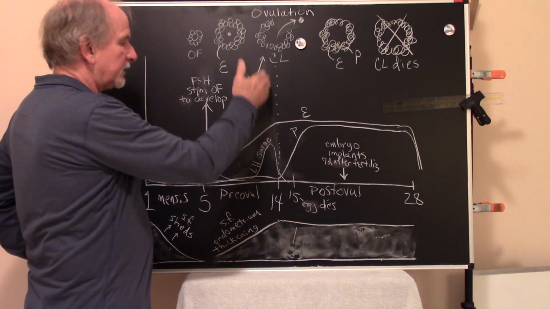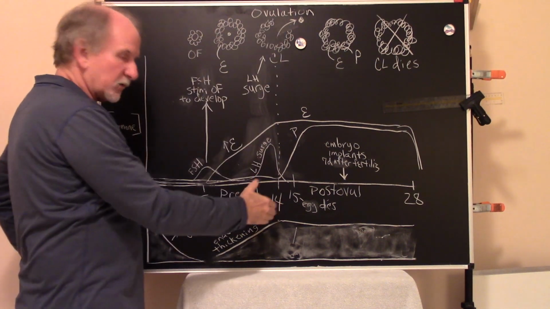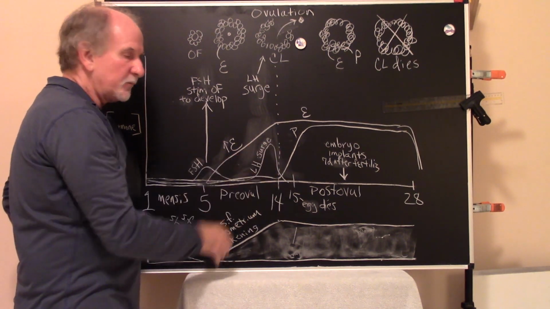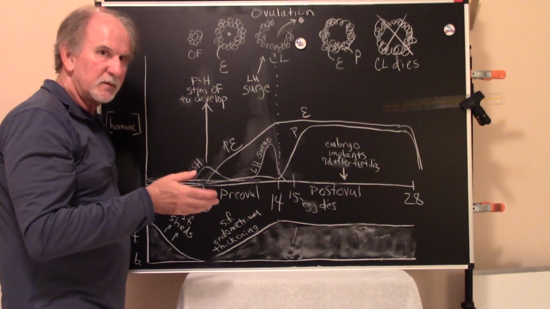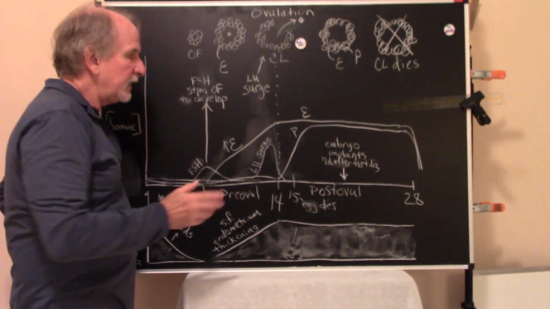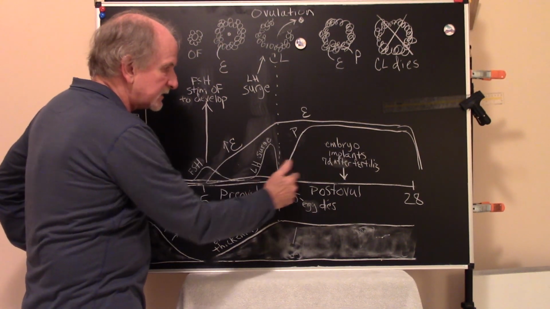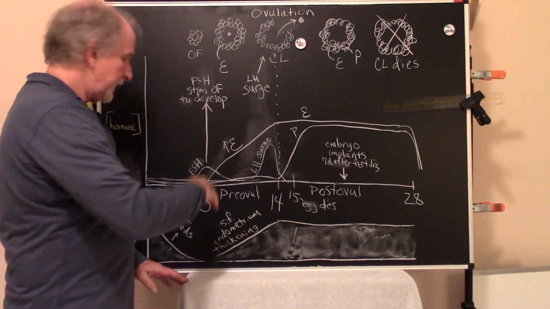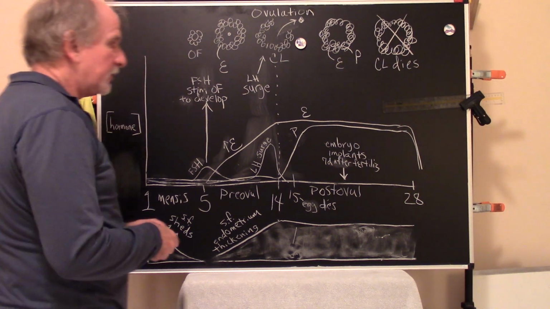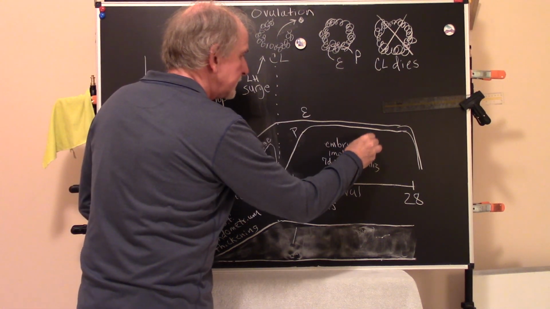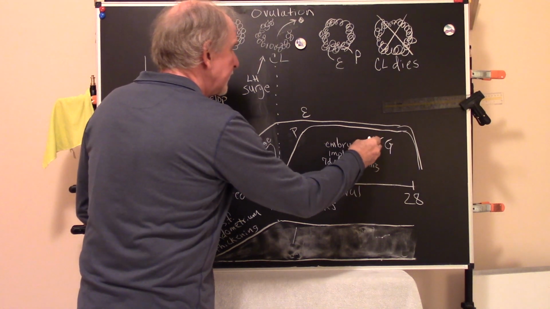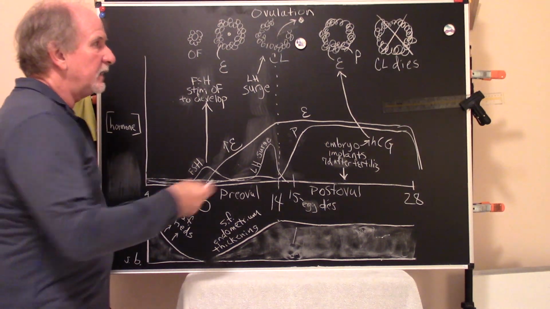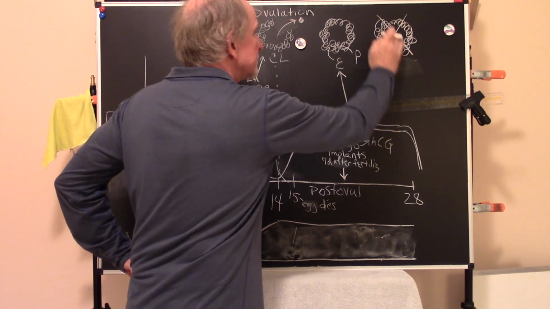So let's assume that the ovulated egg is fertilized and the zygote forms in the fallopian tube. It develops into an embryo. The embryo eventually goes into the uterine cavity, and the embryo would implant 7 days after fertilization in the middle of the post-ovulatory phase. And the embryonic cells, as they form, secrete HCG,